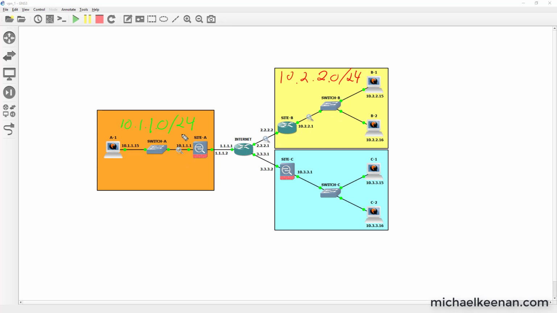Now, what these things could represent is they can represent an organization, or they can represent a company, they can represent all kinds of different things. We're going to say that this represents company A. And up here, the yellow, that's going to represent company B. So company A and company B got together and they decided that they need to form an IPSec VPN over